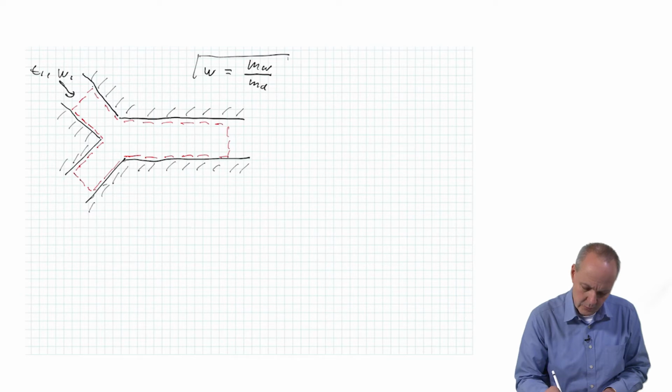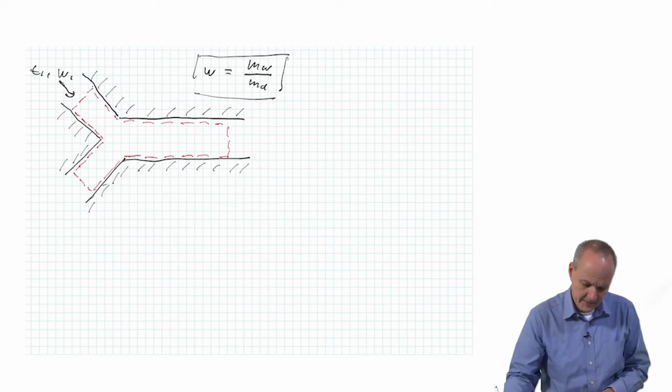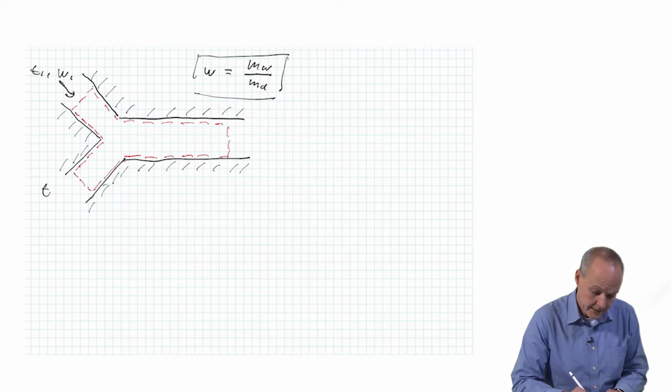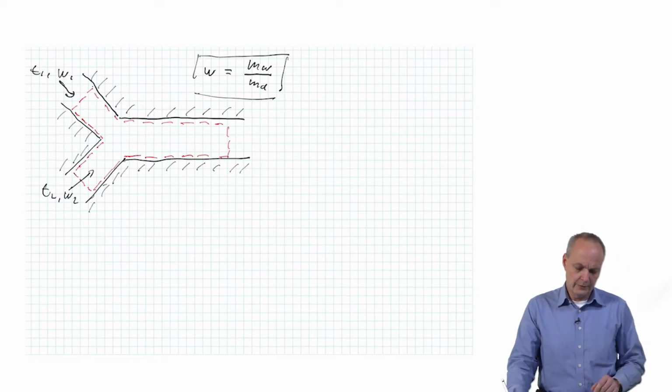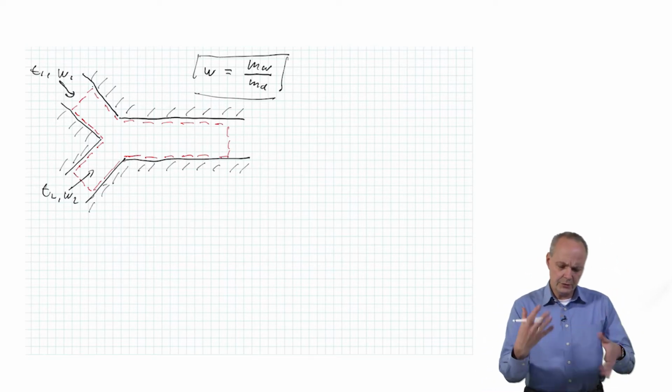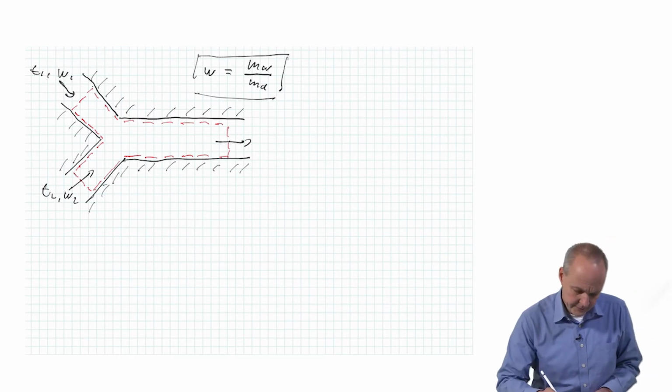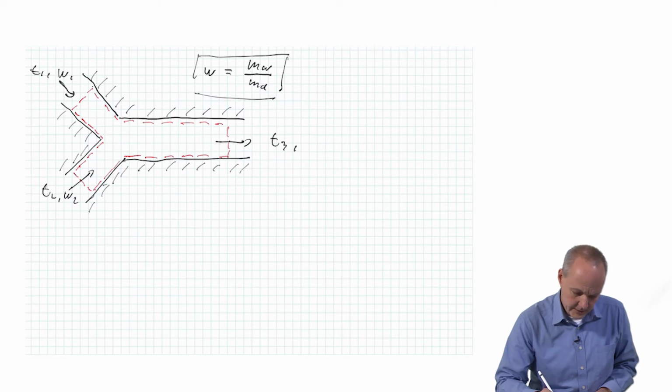We talked about this some weeks ago, but well, people forget. So we have an airstream coming in with a temperature T1 and humidity ratio W1, and an airstream T2 with humidity ratio W2 entering our control volume here. And then we assume that the two airstreams perfectly mix, and they leave with a temperature T3 and a humidity ratio